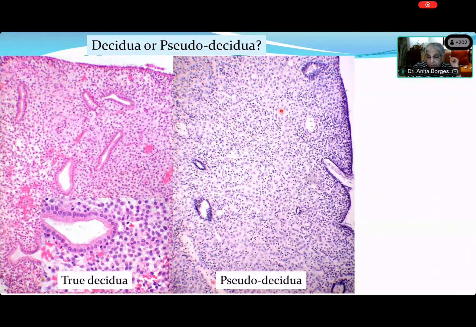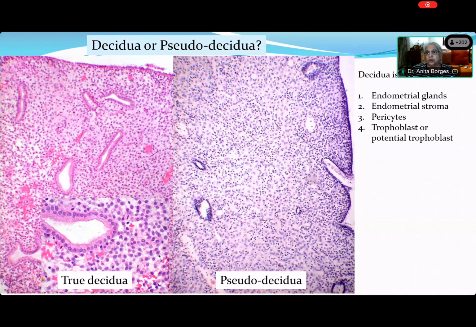Then you have to call up the doctor and ask, has this patient been given an injection of beta HCG, or has this patient been given exogenous progesterone by mouth or injection? So I don't like these terms. You know what decidua looks like, and this stroma is decidualized. Now, if the patient is pregnant, then it is true decidua. If the patient is not pregnant, it is pseudodecidua. But you don't take a guess as to whether this is or is not unless you know the pregnancy status of the patient.